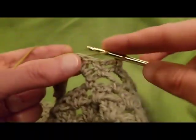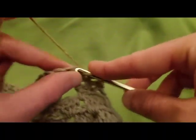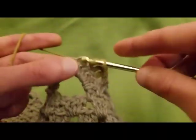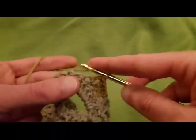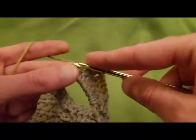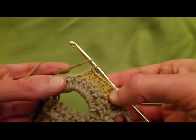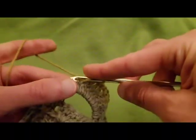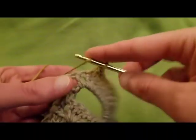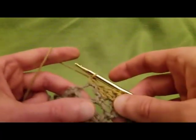So it's 1, 2, 3, 4, 5, 6, 7, and of course I'm getting tangled here, I'm sorry. So that was 1, 2, 3, 4, 5, 6, 7, 8, 9, and 10. Single crochet into the next chain 4 space, chain 4,